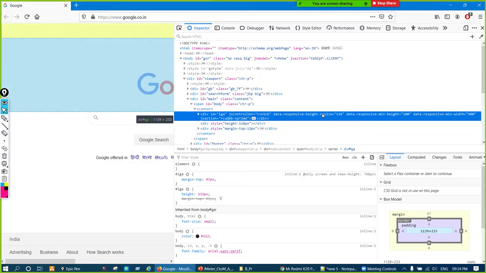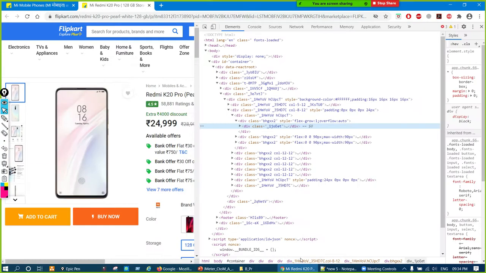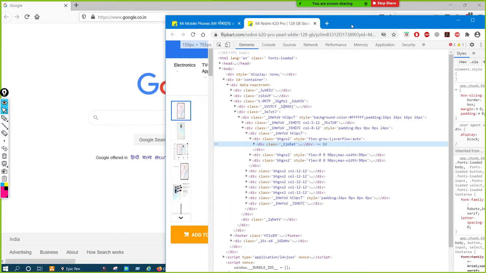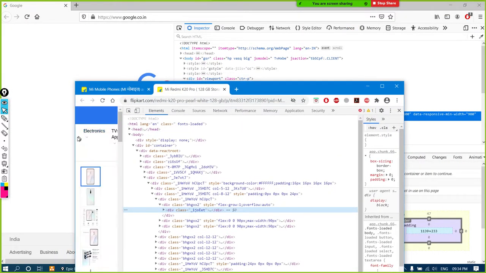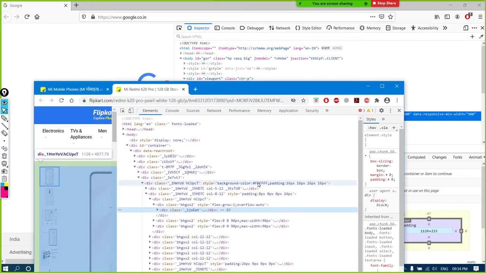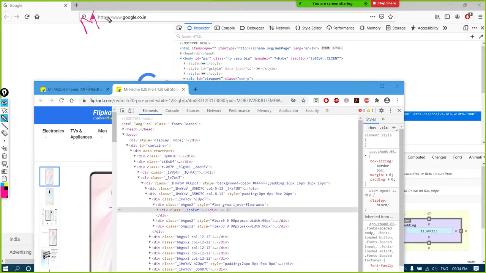Now generally, if I minimize this, Google Chrome and Mozilla Firefox, you'll see a few tabs are same. This is Mozilla Firefox, this is Google Chrome. Even in Internet Explorer it's there, or Safari browser, right? So this is the inspector tab in Mozilla Firefox. Here they have named it the elements tab. Here console is there, here console is there, same. Here network is there, here also network is there, performance, memory, these tabs are same. Most of the tabs are same.